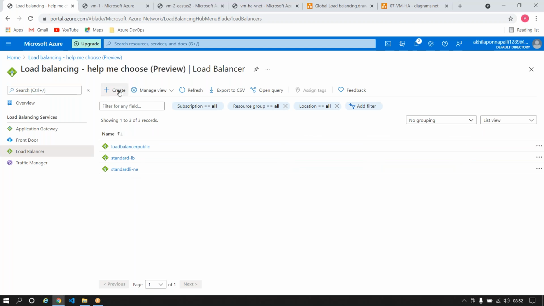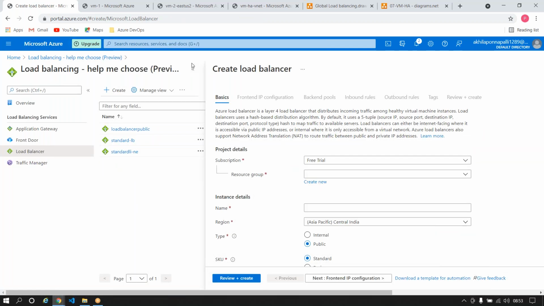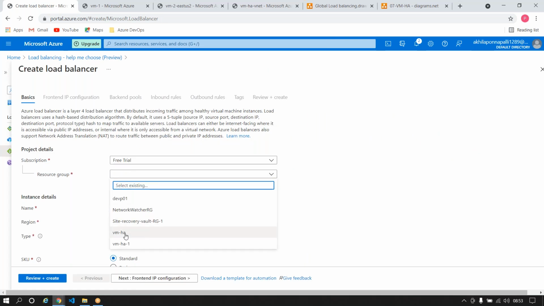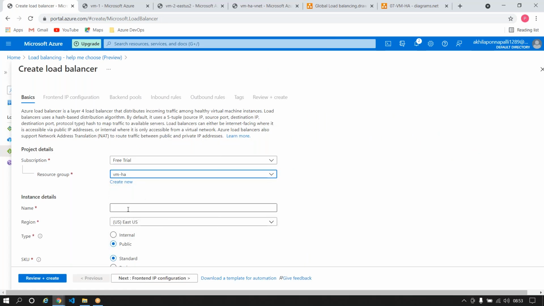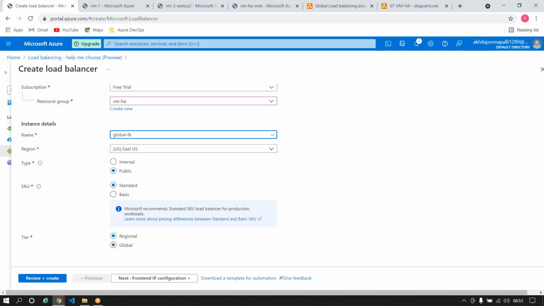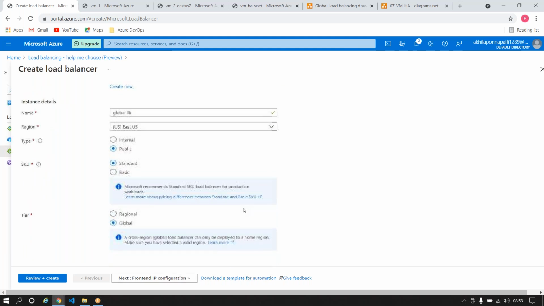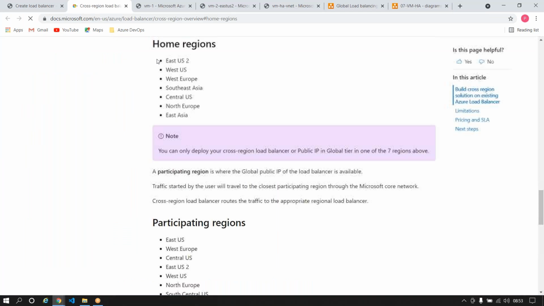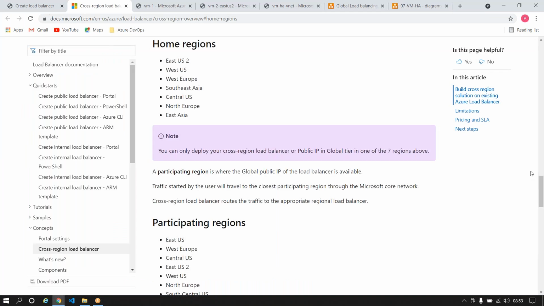Now I'll say create a load balancer again. Now I'll say fine, this is like any resource group out there. I'll say this is a global load balancing solution, global load balancer, and the region is very important, and this is the option that I need to select. Now a region is very important when you select a global load balancer. There is a concept in global load balancing called home region and participant region,